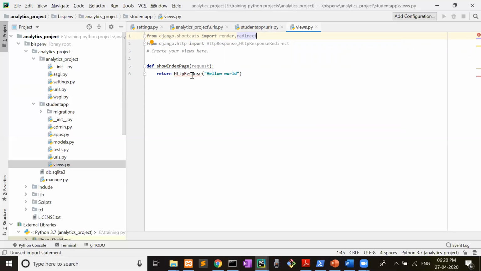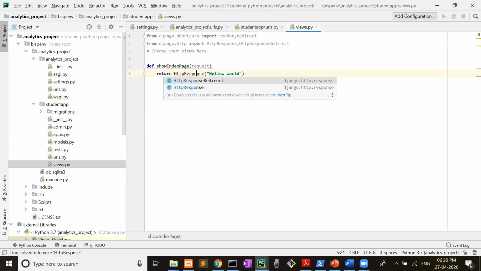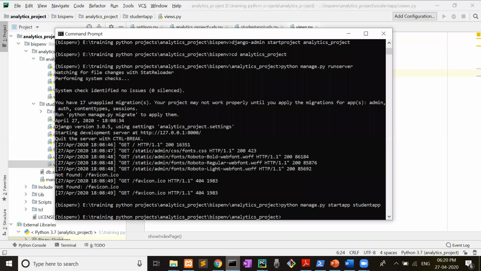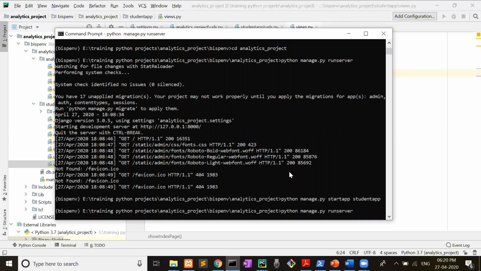Okay, http response. Yes, yes. Now again refresh it. Again python manage.py runserver. Now see what will come here.